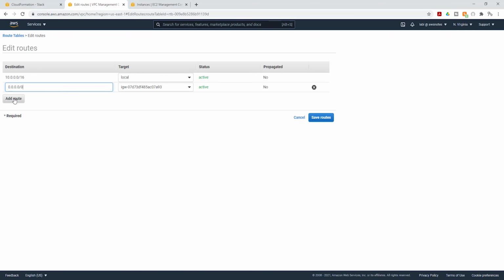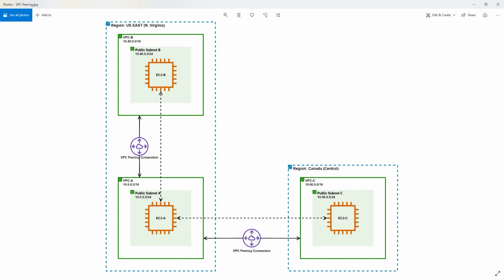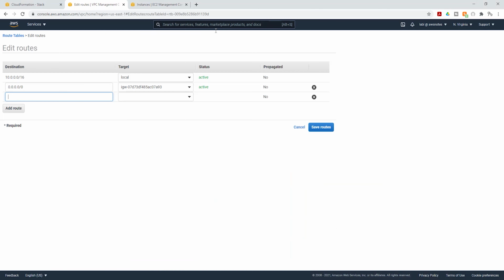In here, I'm going to add a new route for the destination. For example, if I open our reference architecture, we have VPC A here, and this EC2 instance is talking to the EC2 in VPC B in this subnet. So what we are going to do is we are going to enter the CIDR block of that subnet as our destination. So in here, I'm going to enter